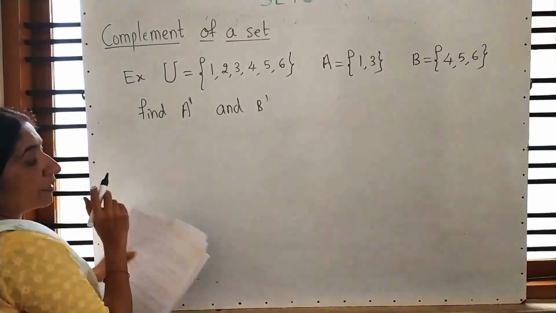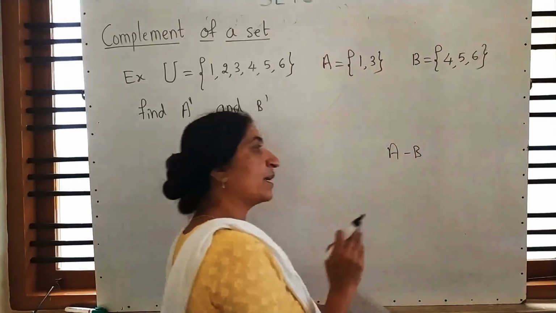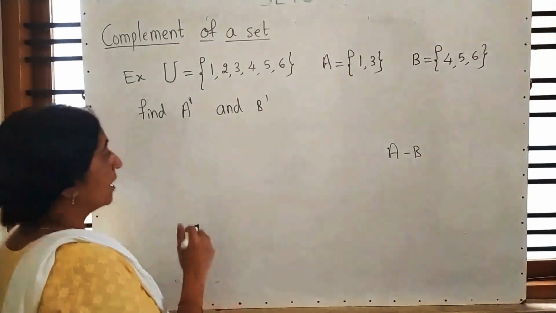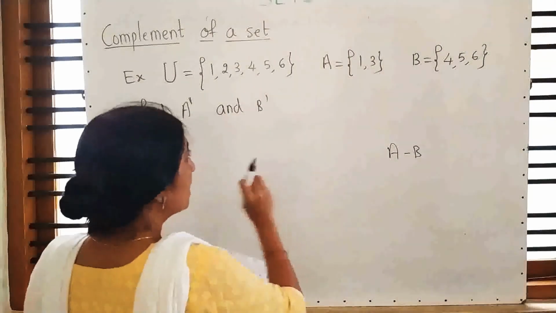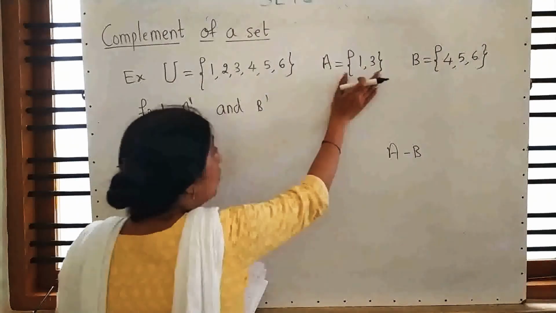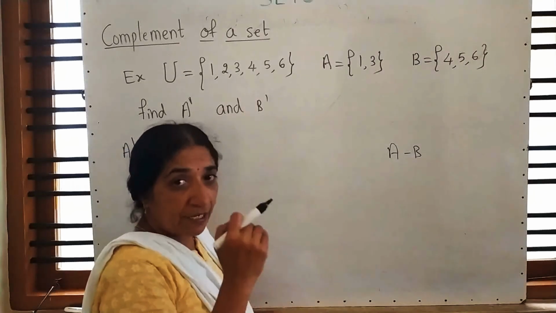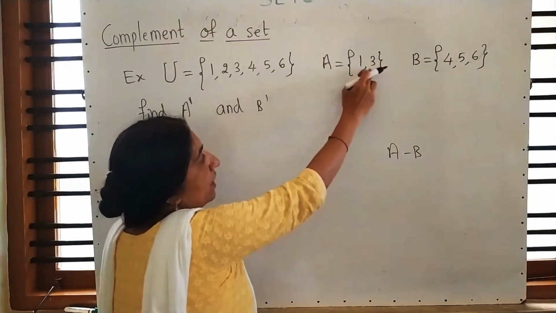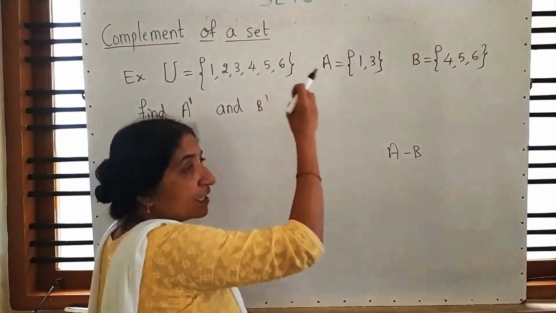See, in the difference what you are doing. Suppose it is A minus B, you start with A and write down comparing with B. Those elements present only in A, not in B, we are writing. But in complement, it is similar to that minus difference only, a little bit the way is different. See, complement means compare with always the universal set. It is also like a difference only, but you have to compare with the universal set. In set A, 1 and 3 are present. Compare this with the universal set; which are present in A, leave that.